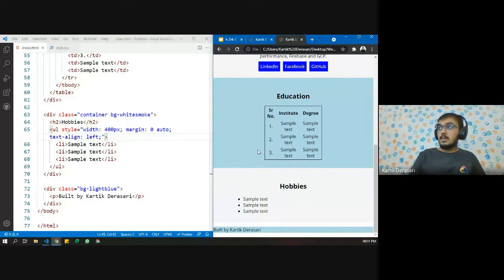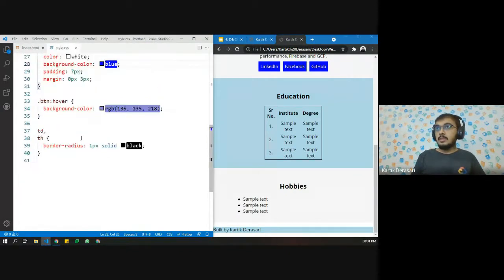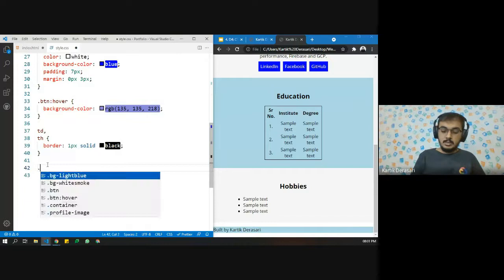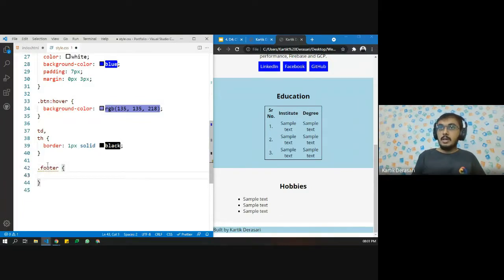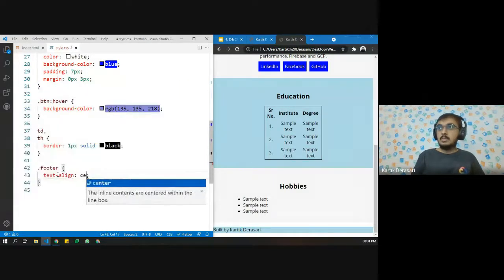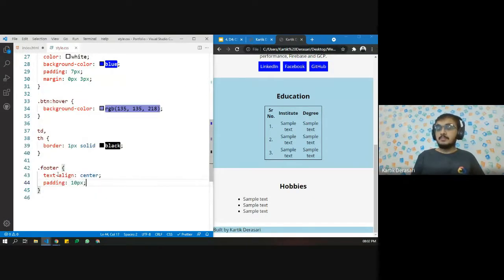Okay. And the last part is the footer part. Let's have a class over here, let's say footer, and the footer should have text align center, and it should also have some padding, let's say padding equals 10 pixels.